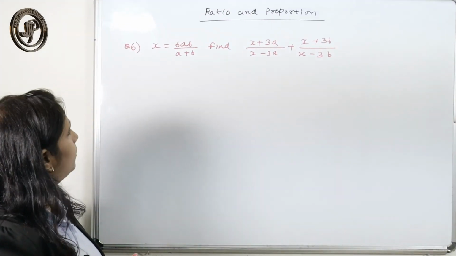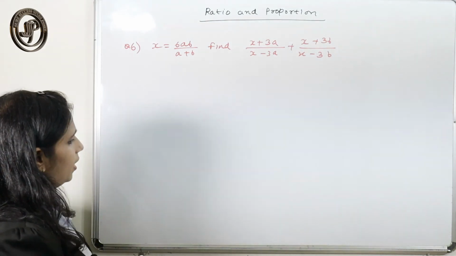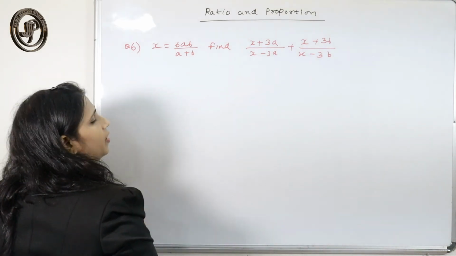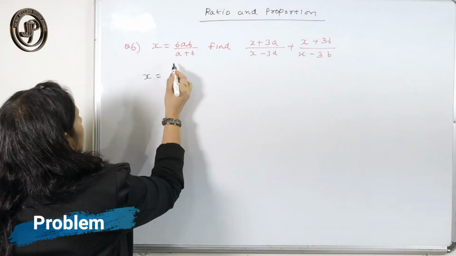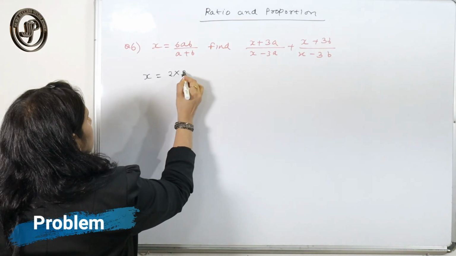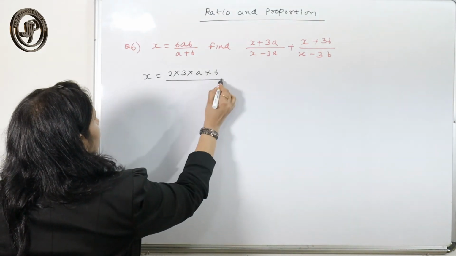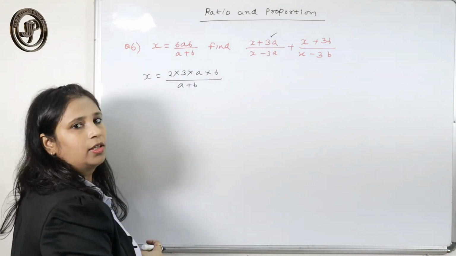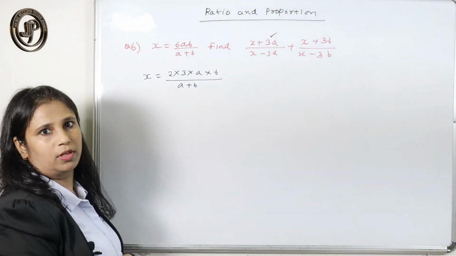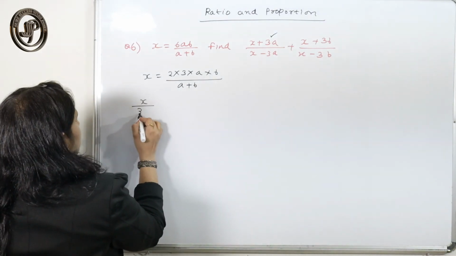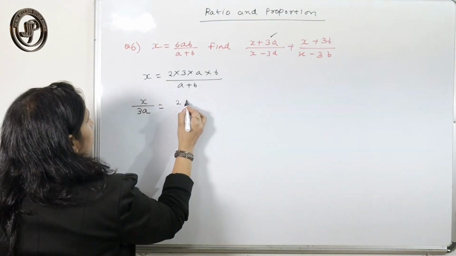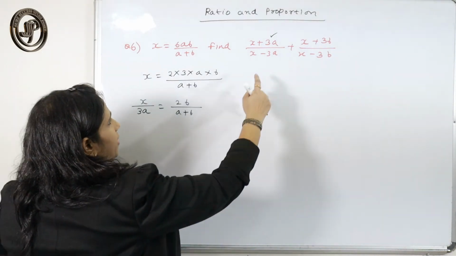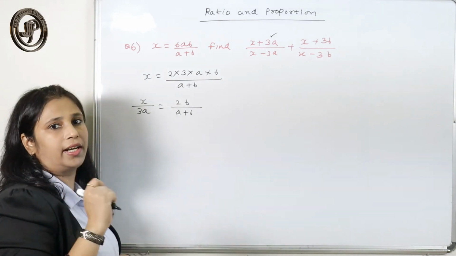So here is one similar question as the previous one. Here x is this and you have to find the value of this. First, how can you split this, A into B? Now, since here it is 3a, take 3a down. If you take 3a down, here you are left with 2b. Why am I taking 3a down? Yes, right, because here it is 3a.